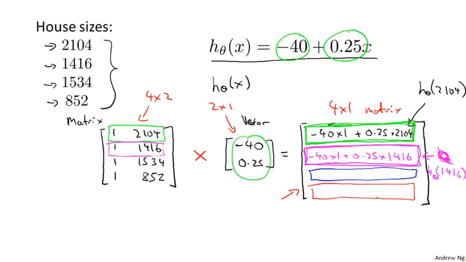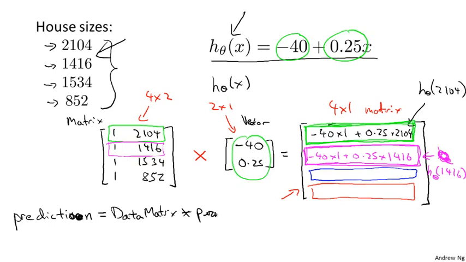And the neat thing about this is that when you're actually implementing this in software, so when you have 4 houses and you want to use your hypothesis to predict the price y of all of these 4 houses, what this means is that you can write this in one line of code. When we talk about Octave and programming languages later, you can actually write this in one line of code. You write prediction equals my data matrix times parameters, where data matrix is this thing here and parameters is this thing here, and this times is a matrix